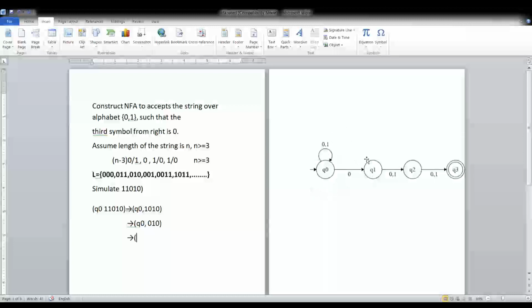We will see in the next unit that because NFA is a non-deterministic finite automata, we can convert an NFA to a DFA. Right now you should just know that on this third symbol, the machine should take the transition from Q0 to Q1, not the self loop. So now the next state is Q1 and the remaining string is 1 0.